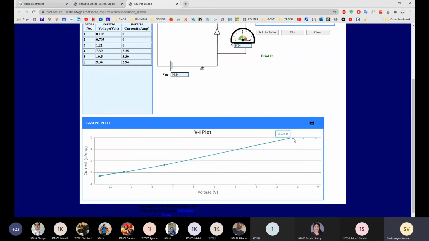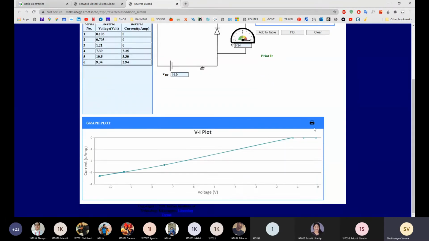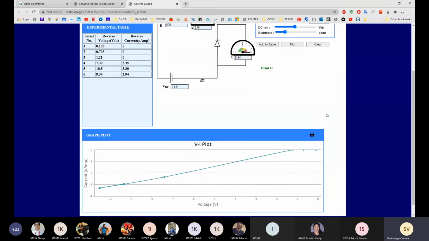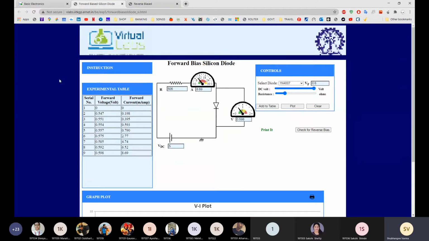Initially you will get current 0, and as soon as you increase the voltage, the current will flow, and at a certain point breakdown will take place and then large current will flow. So this is a reverse characteristic. Again print it. So we have seen the forward and reverse characteristic for silicon diode.